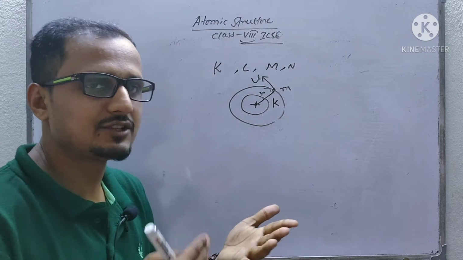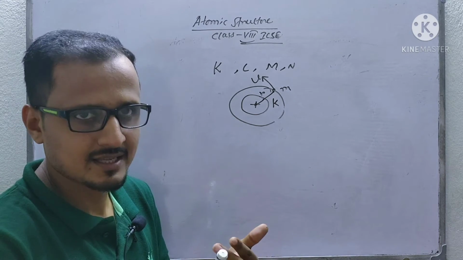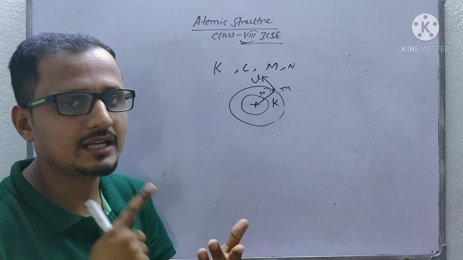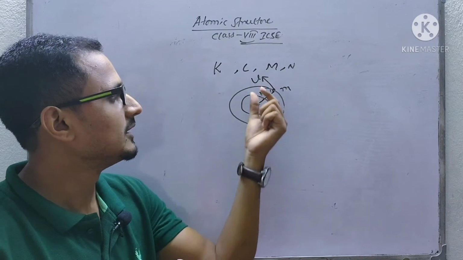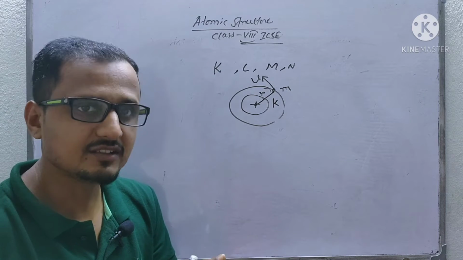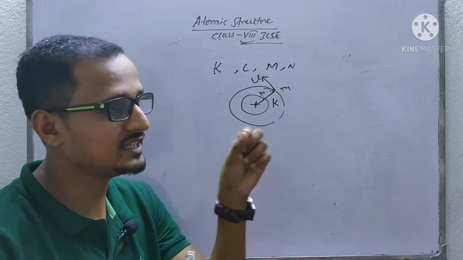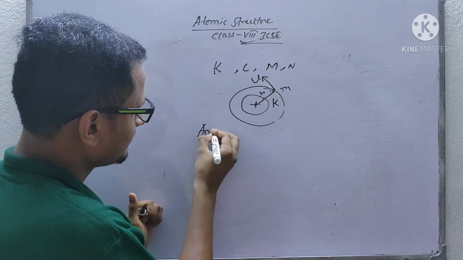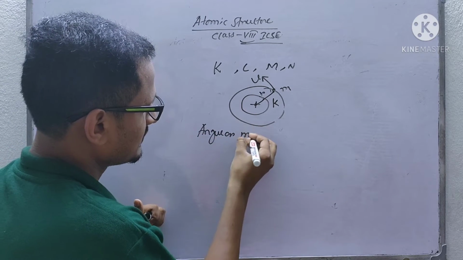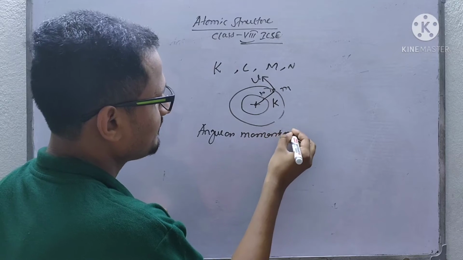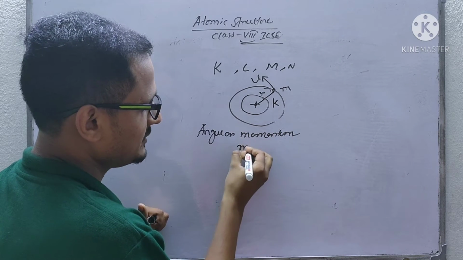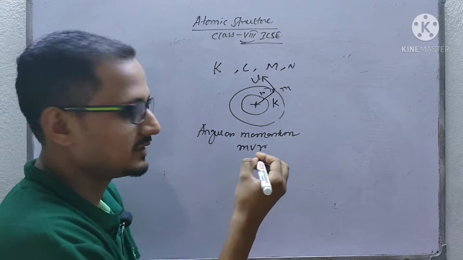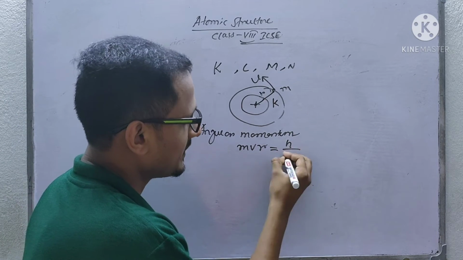Since the electron has mass, velocity and radius, while moving around the circular orbit it will have a momentum, and here it is angular momentum because the electron is rotating in a circular orbit. The angular momentum will be calculated as mass into velocity into radius,